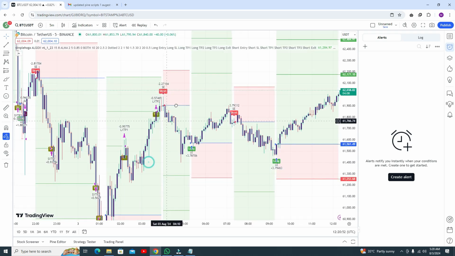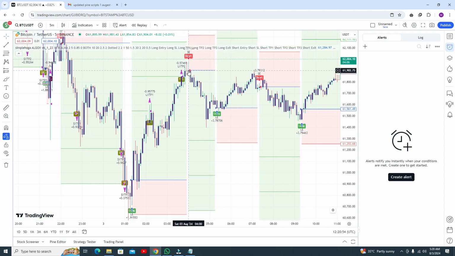Here you can see the sell trade at 61,902, and you got the profit around 61,559. So actually it's very good. This buy trade gave you some awesome profit. You got the trade when the price was 60,900, and you got the profit when it reached 61,881. It's actually a very big movement.